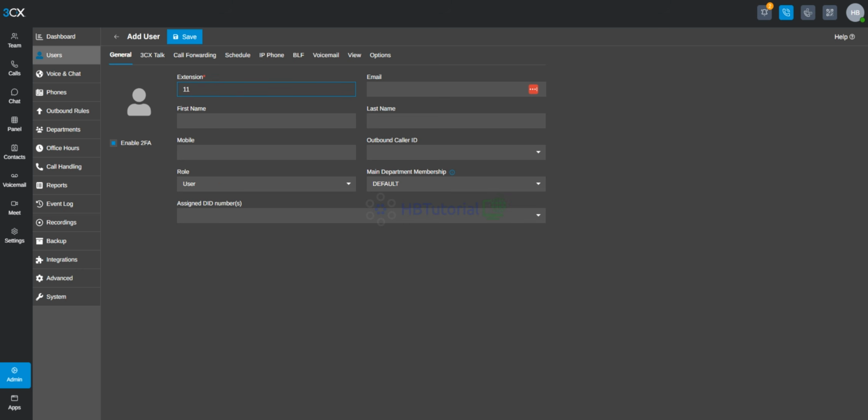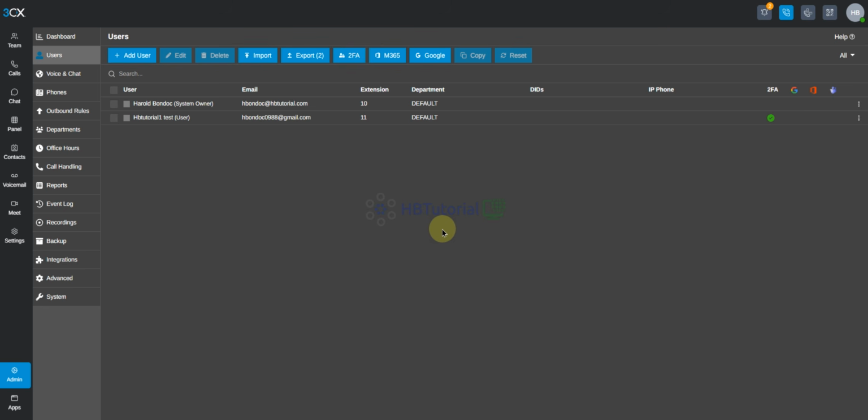Then my mobile number, input my email. There is no default ID yet. Role will be a user. Okay, save. So we have now a user here.